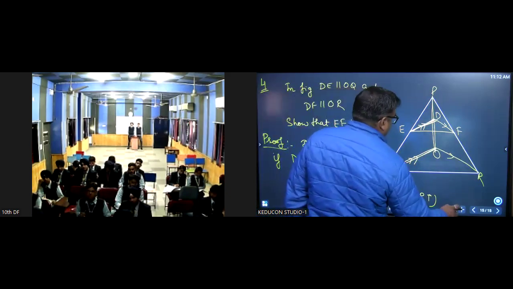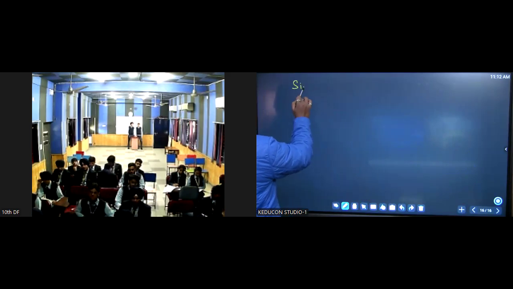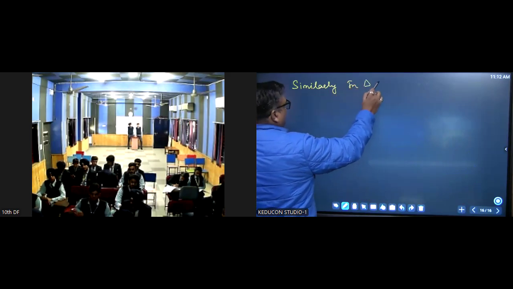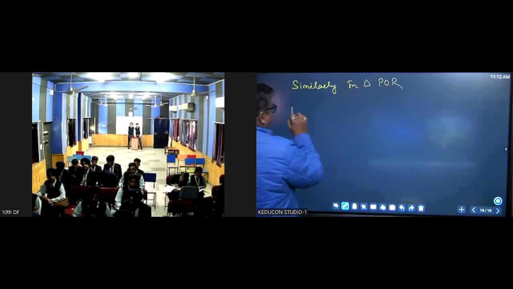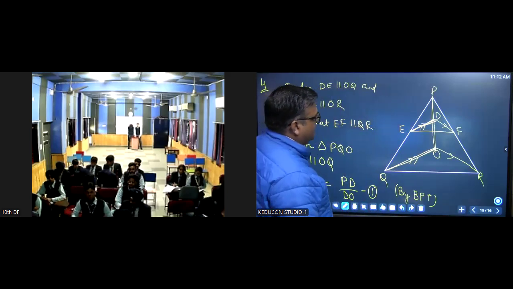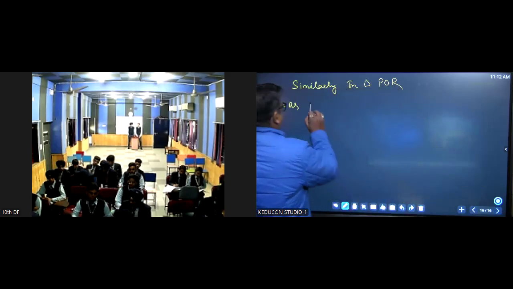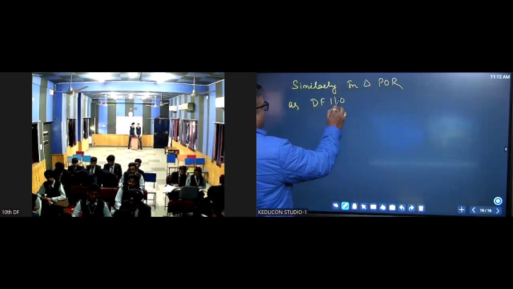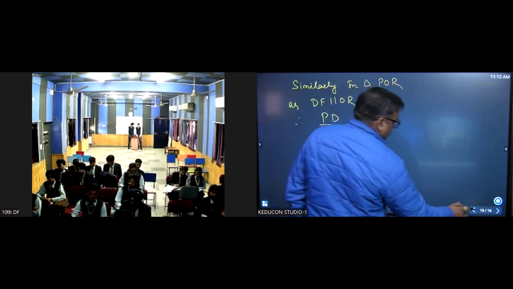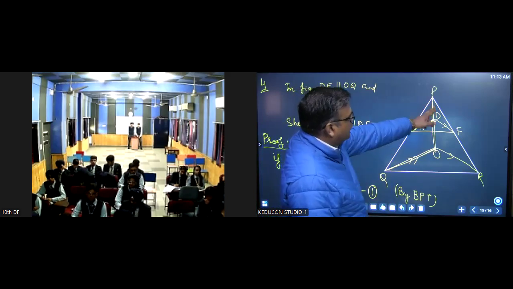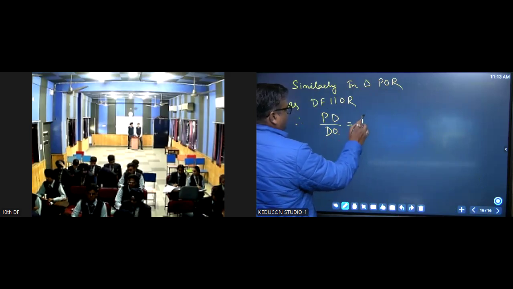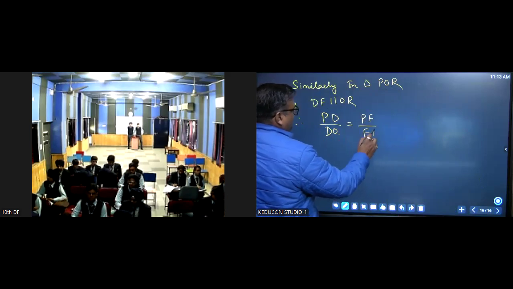So similarly, in POR, as DF is parallel to OR, therefore PD upon DO will be equal to PF upon FR. ये हो जाएगा बच्चों।